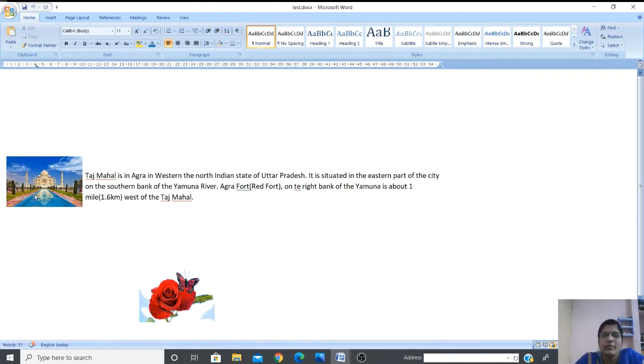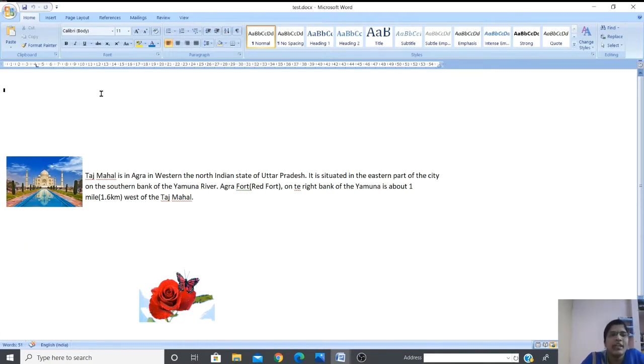For this image and the news, I want to add a heading, Taj Mahal. I want to give an attractive heading. So let's see how to add an attractive heading in the Word document. There are two ways you can add it. The first is to add a text box, and inside the text box you can type something and make it attractive. The other way is to take a WordArt picture directly and just type what you want. Let's see both ways.